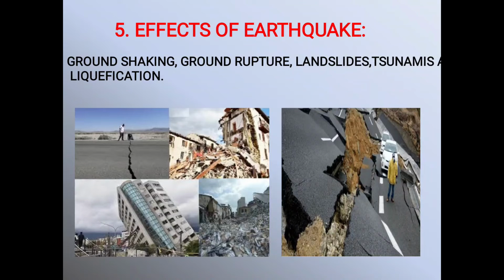So whatever existing courses of the rivers are there, those can be changed because of the development of fissures in the river channels. The next effect of the earthquake is when an earthquake affects the ocean floor, great waves which are known as tsunamis. Actually, tsunami is a Japanese word. These tsunamis may spread outwards. They spread with a great speed of 500 to 800 kilometers per hour and cause great damage to coastal areas.